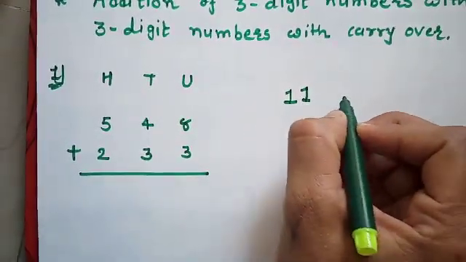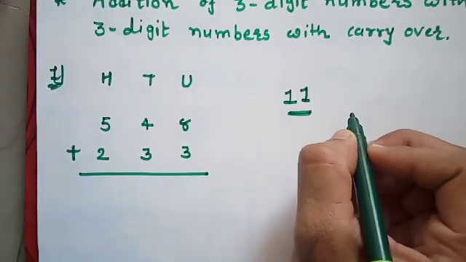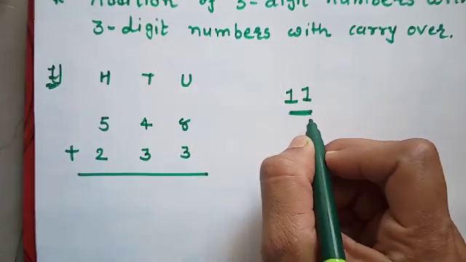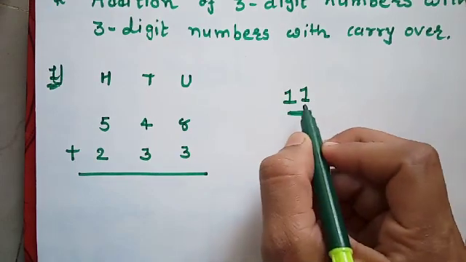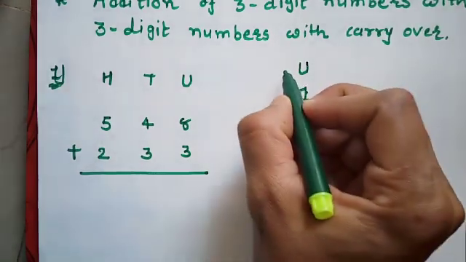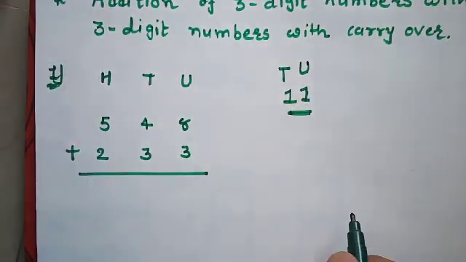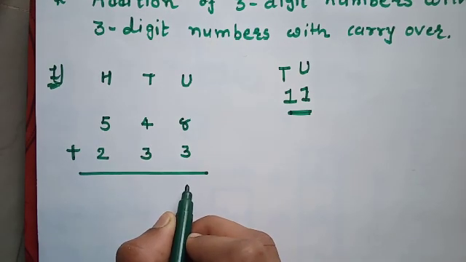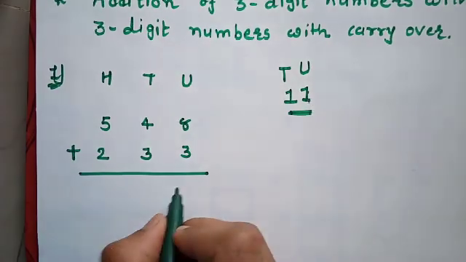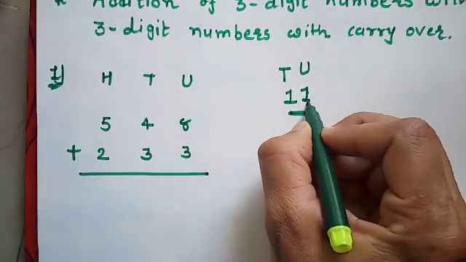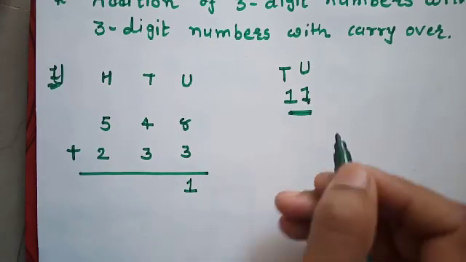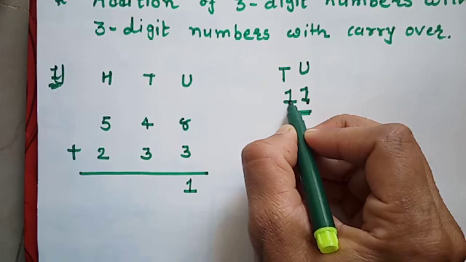Okay, now see here. Here the answer is a 2-digit number. Okay, but here downside in the answer box we cannot write these 2-digit numbers. Okay, now first see here, it's a 2-digit number. That means this right side number is a unit, right? And this number is a tens. Okay, now see here we put only one number. Okay, so whatever number is on the unit place, that number we write here. Okay, so which number is there here? One number. So we write here 1. Okay, now which place? Tens place.